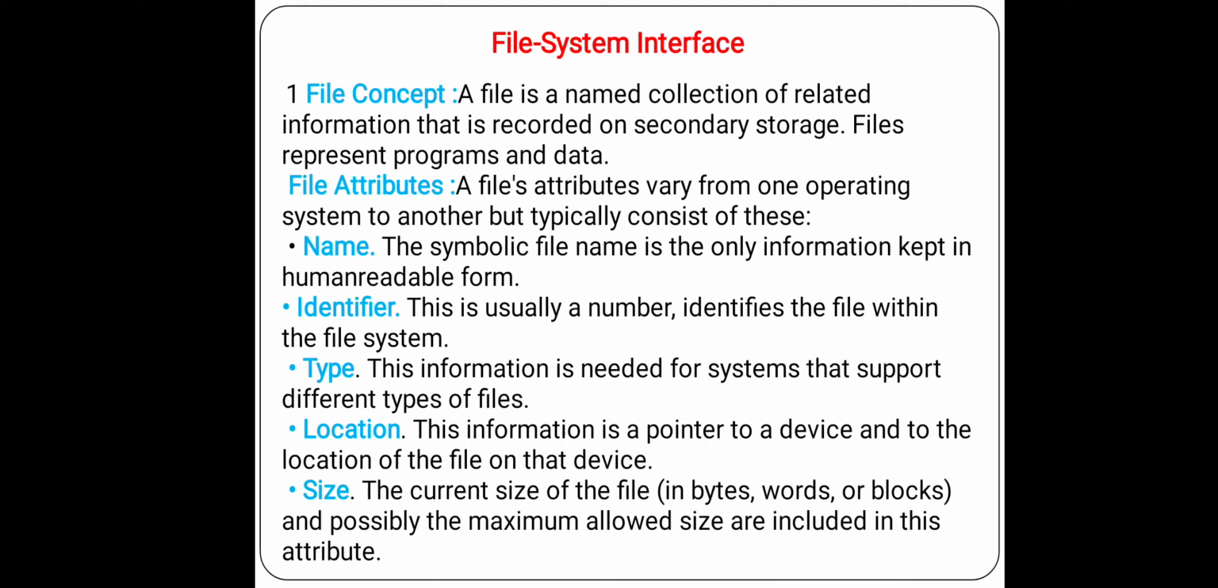Say file 1, file 2, student file 1, 2, 3, 4, like that. So you have to give a number for identifying a file among all files. This is usually a number that identifies the file within the file system, 1, 2, 3, 4, 5, like that. Okay, that is. Next, type